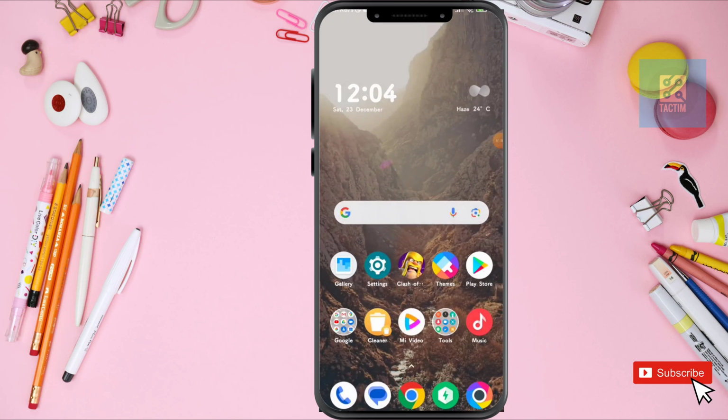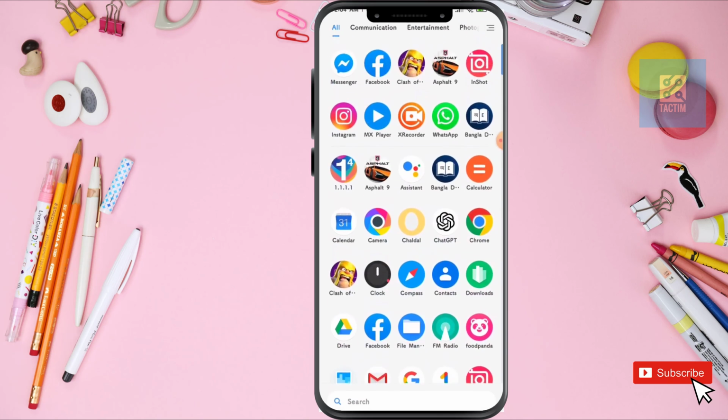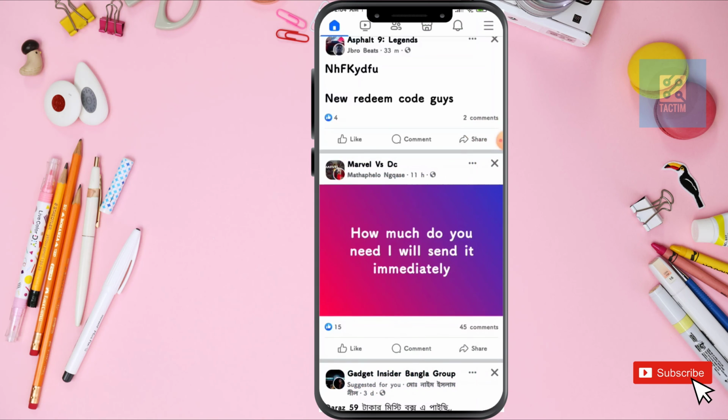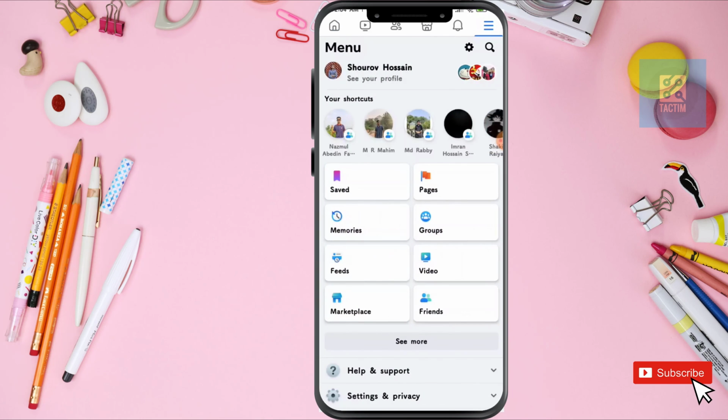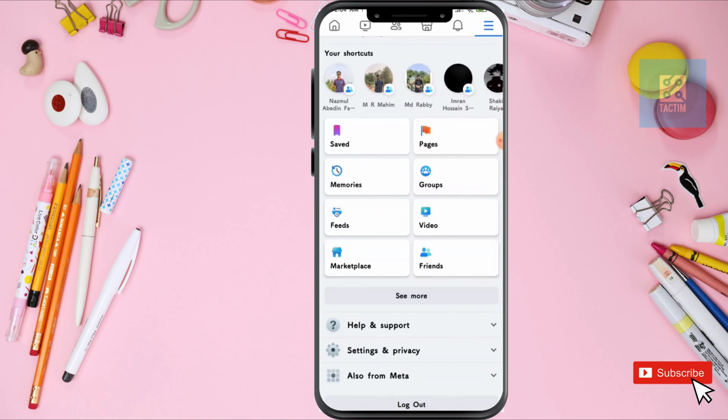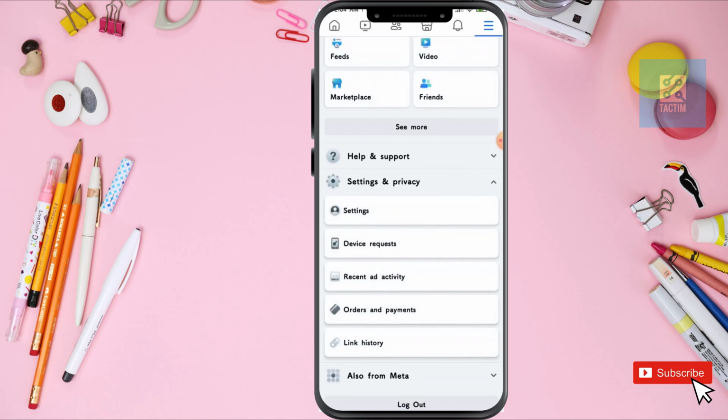Now if you want to turn on dark mode on Facebook, just launch Facebook, and after that click the top right, the three dash icon, scroll and click on settings and privacy. Click on settings,